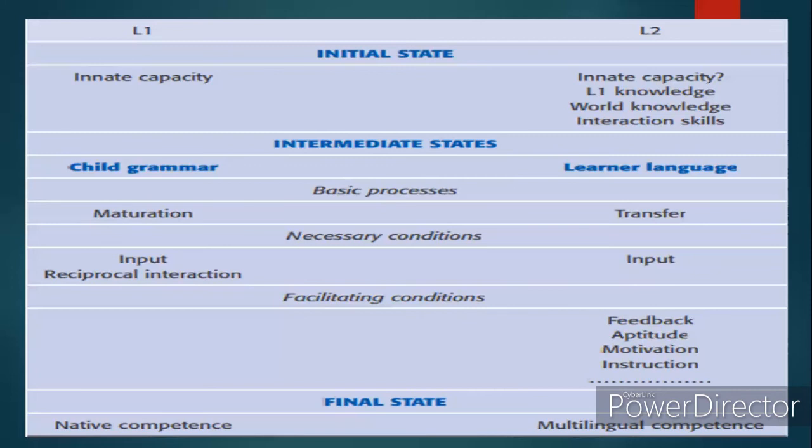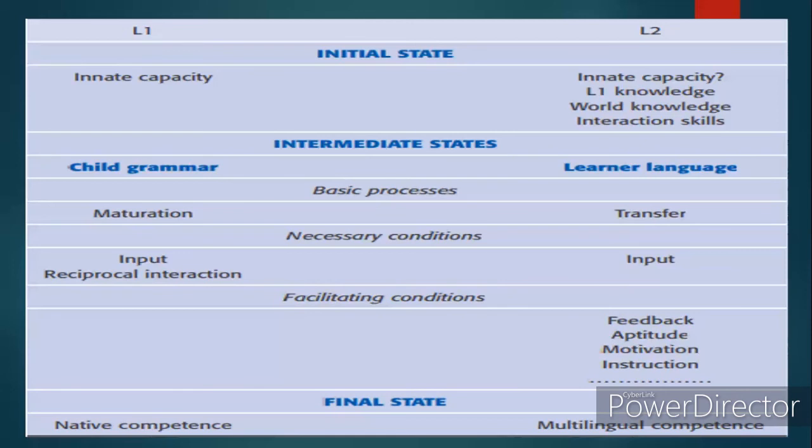Both L1 and L2 learners go through intermediate states as they progress from their initial to their final state linguistic systems. There's similarity in that the development of both L1 and L2 is largely systematic, including predictable sequencing of many phenomena within each and some similarity of sequencing across languages. And in the fact that L1 and L2 learners both play a creative role in their own language development and do not merely mimic what they have heard or been taught.